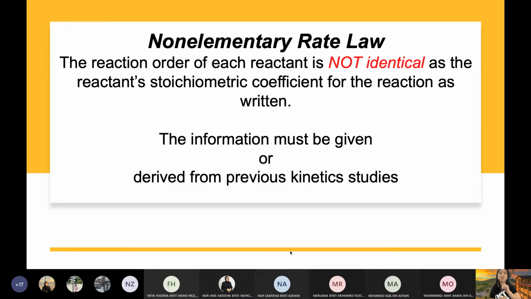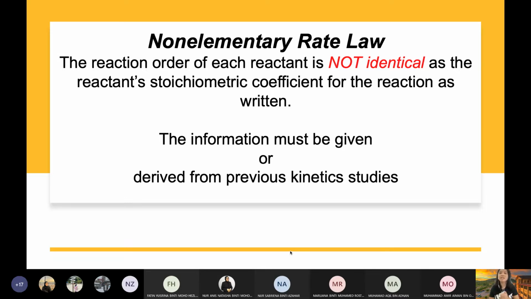Sebab, like just now I explained, certain reaction ada banyak mekanism and rate law ni berdasarkan mekanism ataupun tindak balas yang bukan yang dalam persamaan kimia tu. Okay, maksudnya, in that case, is stated in the test or in the exam or stated in the literature. It is non-elementary rate law. Reaction order tu kamu dah tak boleh tengok persamaan tindak balas. That information has to be provided to you kalau dalam exam, literature or in a real situation,